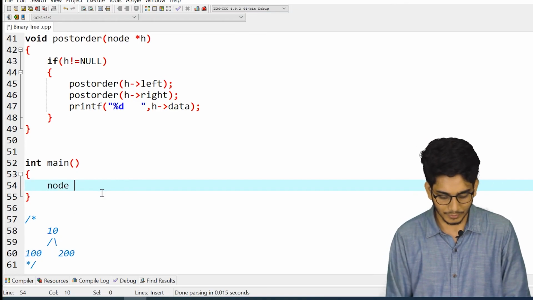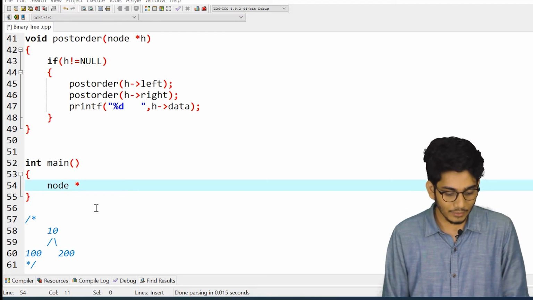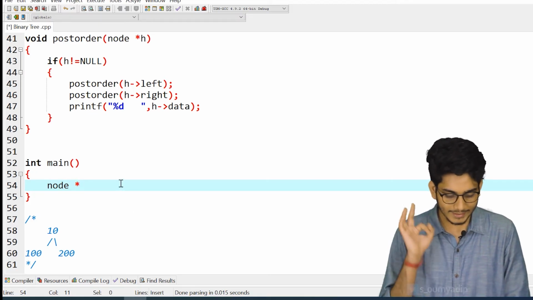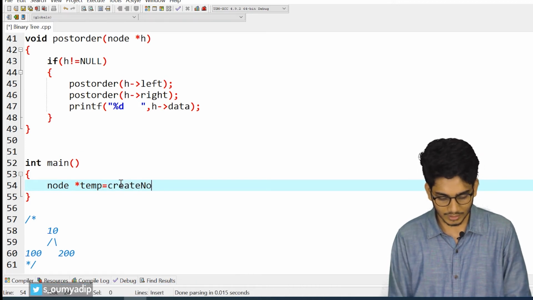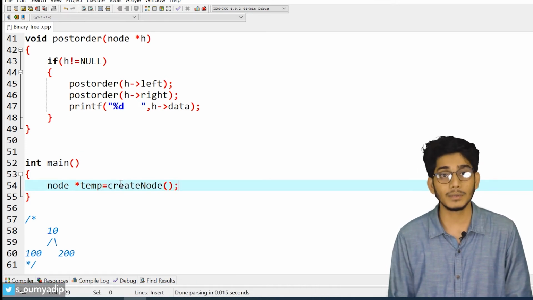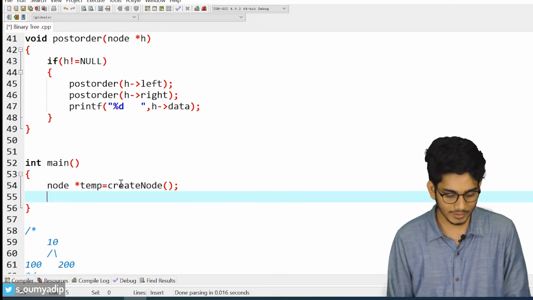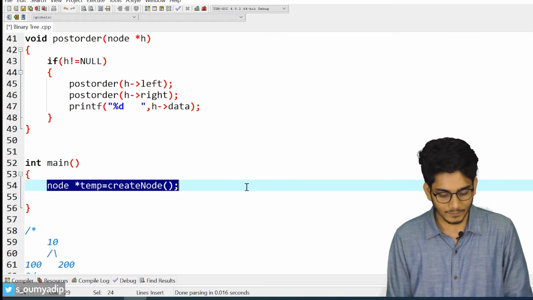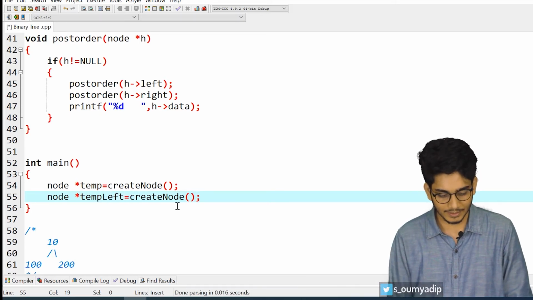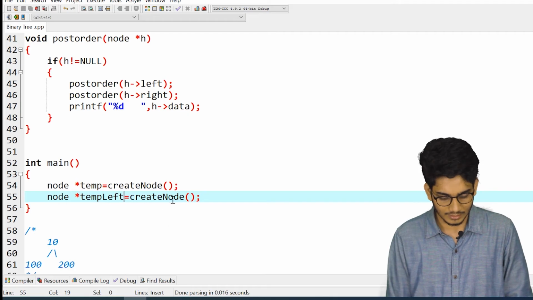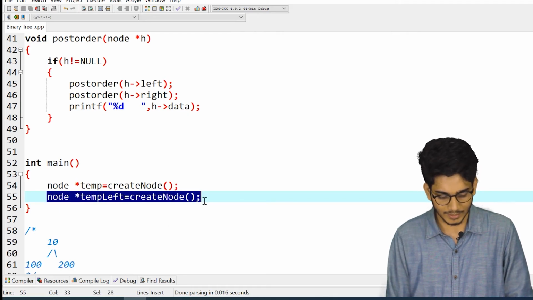At first, how many nodes do we have to allocate? We have to allocate 3 nodes. Let's say temp equals create node. We'll call this function, it will create the memory and it will also take the data from the user. Then we'll see temp left and temp right.